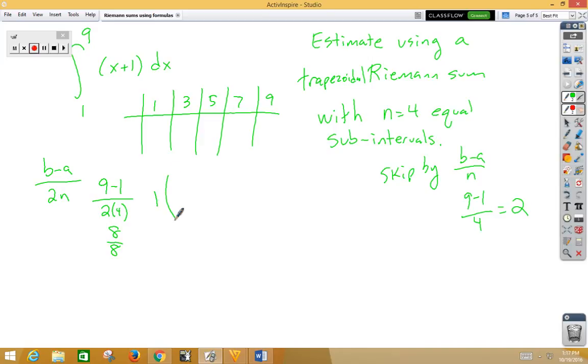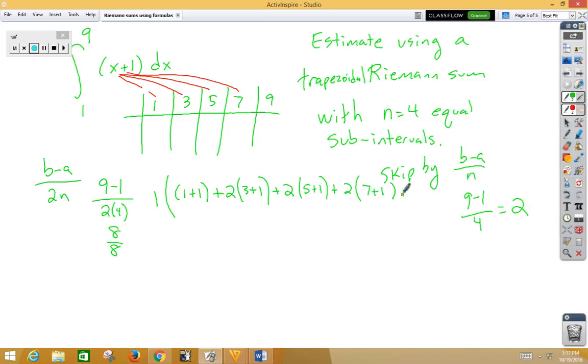Now remember, with a trapezoid, we use our first value once. So we're going to plug in 1 plus 1. Now all of the middle values are going to be used twice. So when we plug in our 3, we're going to use that one twice. We're going to plug in our 5, so we use that one twice. We're going to plug in our 7, that one gets used twice, and then our final value of 9 gets